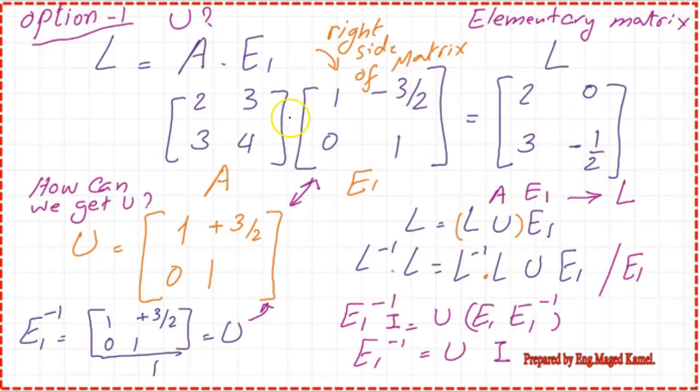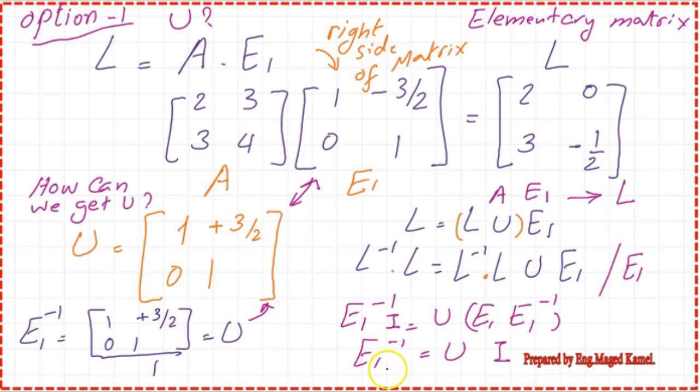So we have used the multiplication of A by E1 to get L. So we can write that L equal to A, which is LU, by E1. If we multiply both sides by the inverse L minus 1, we can write that L minus 1 by L equal to L minus 1 L by U by E1. This is the expression. Dividing by E1, we get that L minus 1 by L is nothing but the identity matrix, multiplied by the inverse of E1. It will be equal to U